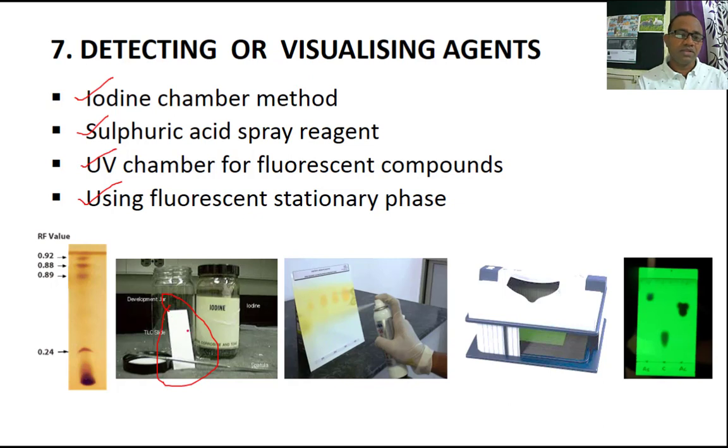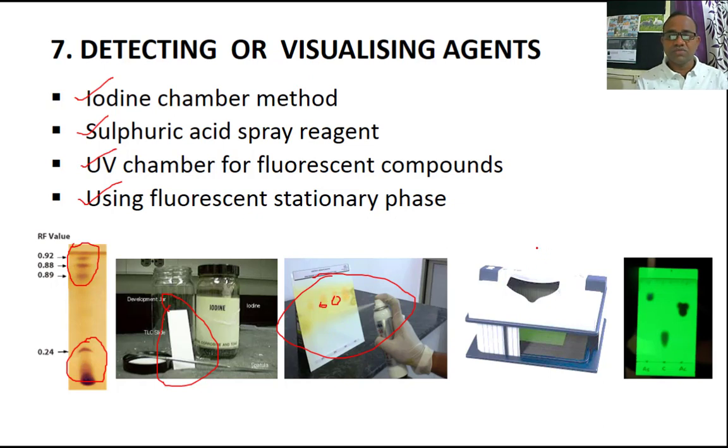So iodine reacts with the sample component and then they give the spots like this. Where the sample is isolated, iodine attaches to that particular spot. Because of the affinity of iodine with the sample molecule, they react and produce a visual colored reaction, right? This is the sulfuric acid spray. We just have to spray a particular acid onto the plate so that the sample becomes visualized